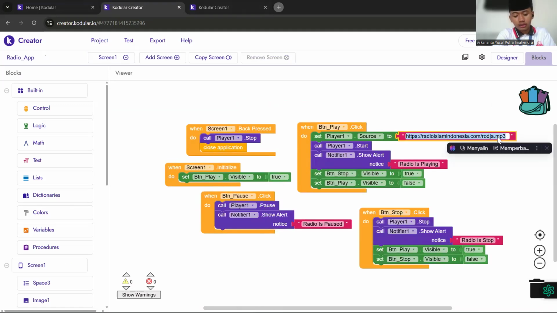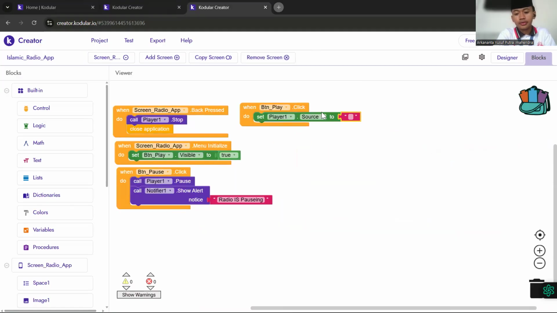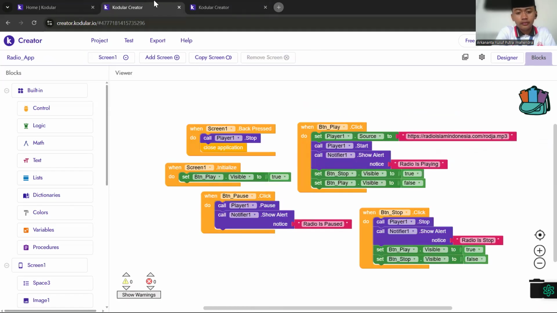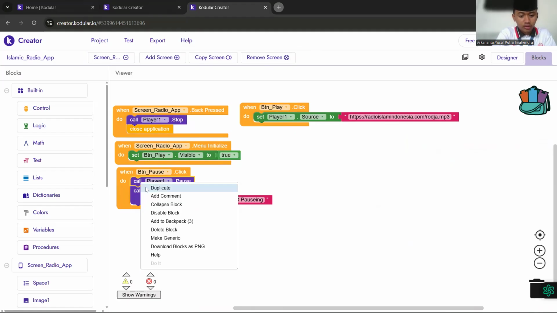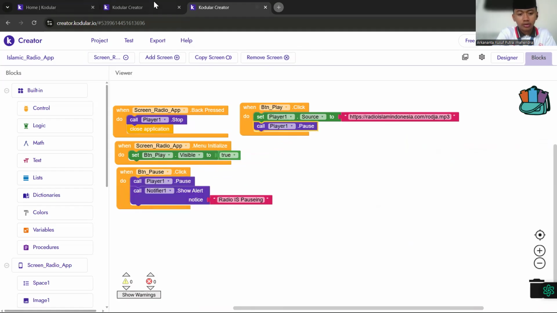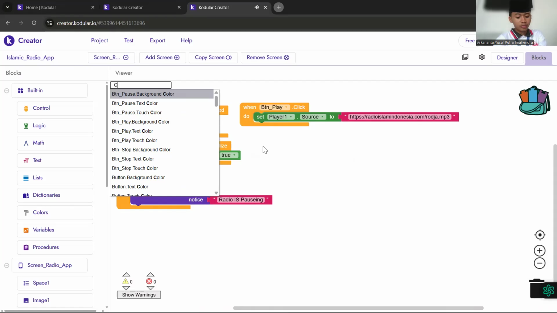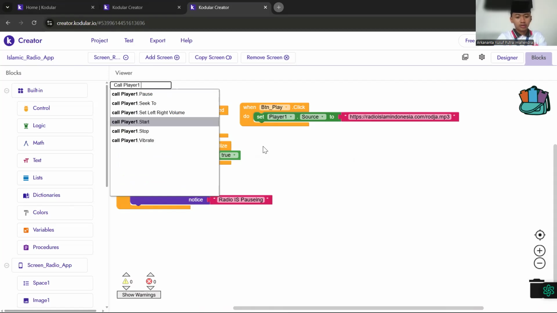For the link you can search by yourself, it's up to you. Okay, after that duplicate and then call player one start.